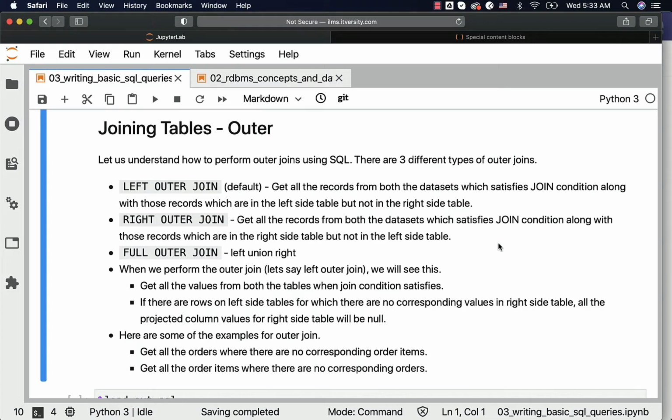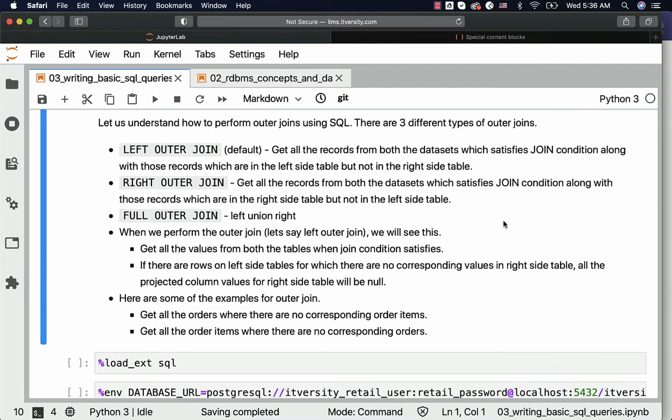Right outer join means exactly the same thing. The left versus right is determined based on the side on which the table is present. So in this case, for the same example of getting all the records which satisfy the join condition and also those records which are only in orders, if the table orders is on the left side in the join, then we have to use left outer join. If the table orders is on the right side, then we have to use right outer join. So depending upon the side of the table from which you want to get those extra records, you have to specify either left or right.